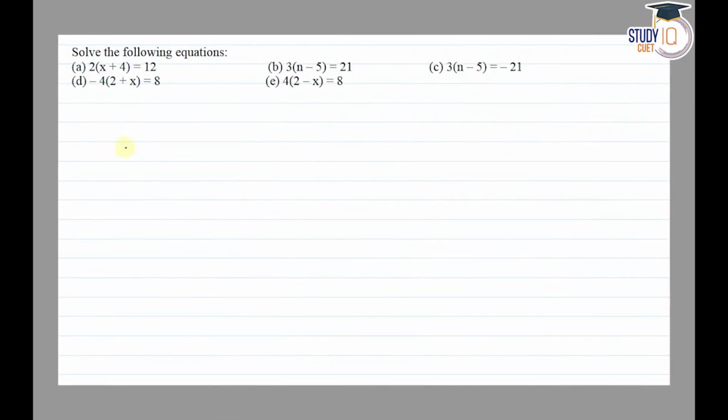Hello everyone, this question appears in class 7th NCERT chapter of simple equation. This is second question of its exercise 4.3. So the question says that solve the following equations. Part A is